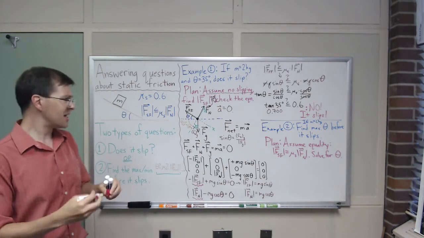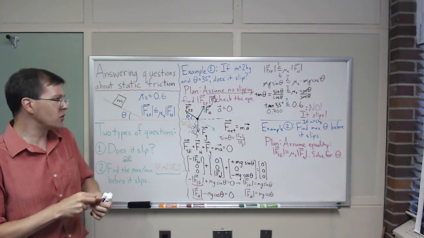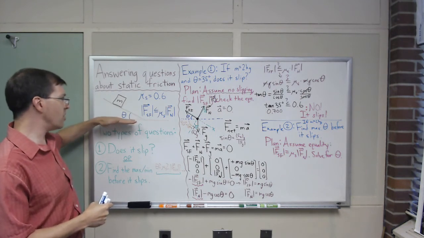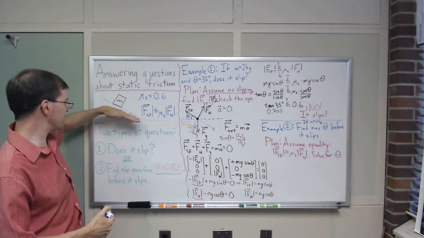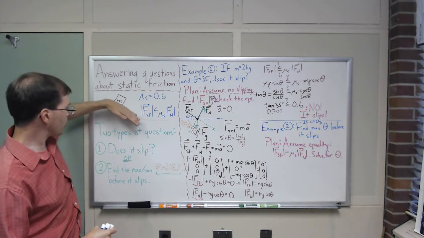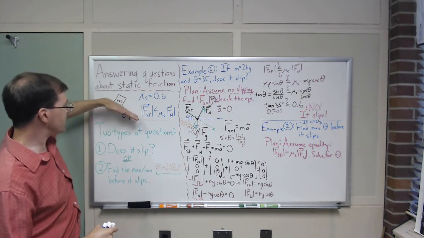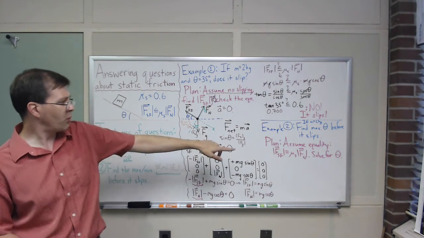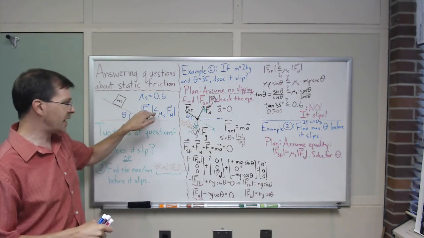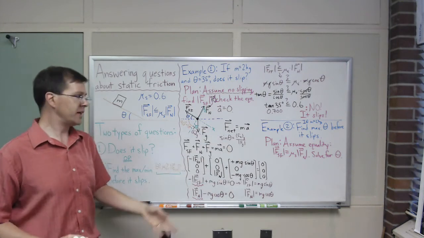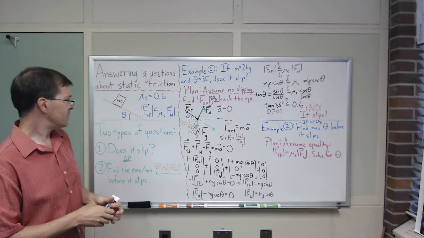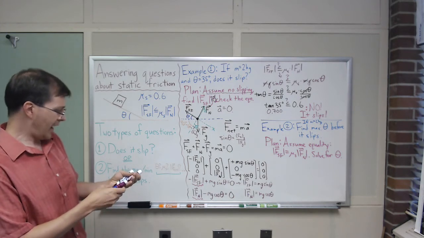The idea is that for the maximum theta, you imagine that when this is flat, you don't need any force of static friction before it slips. You need more and more and more. The maximum angle will be the one it just reaches before we get our answer. So you assume an equal sign and solve for the unknown. Here our unknown is theta. But that's our plan. Again, assume equality and